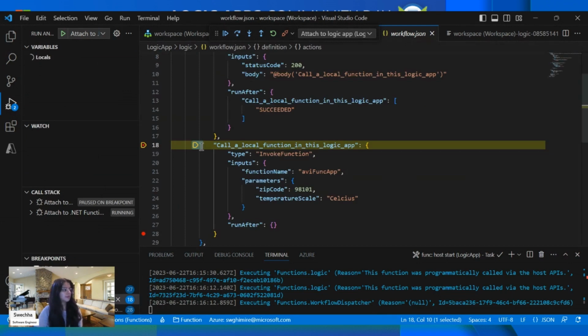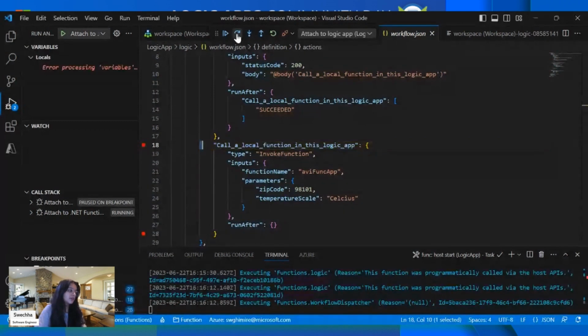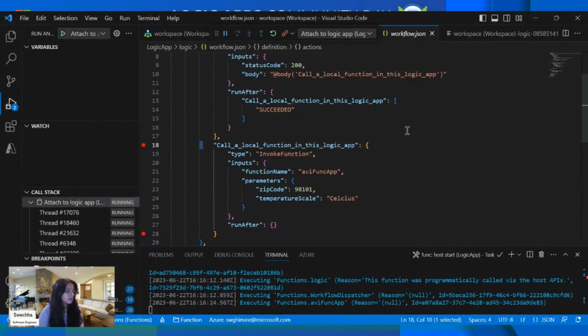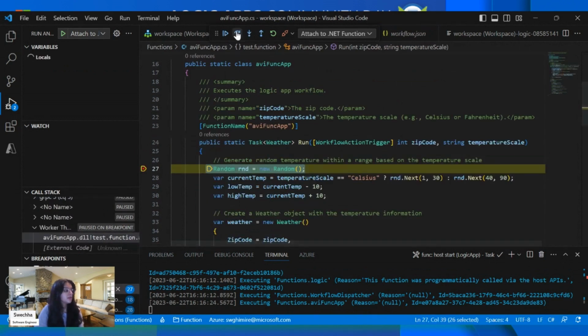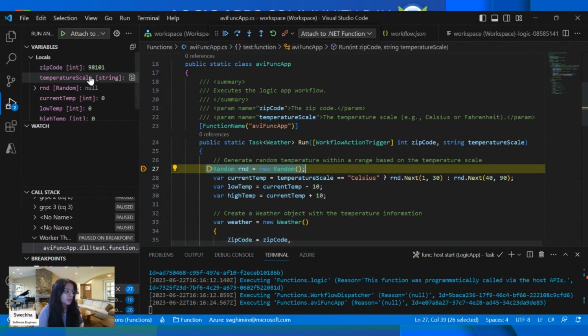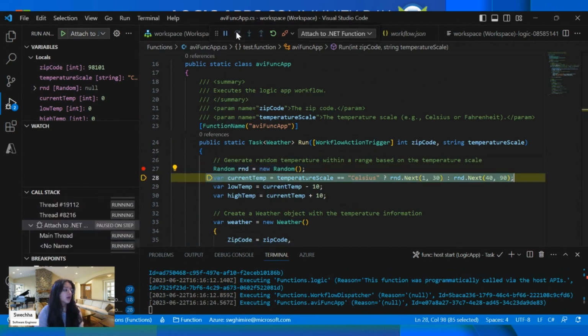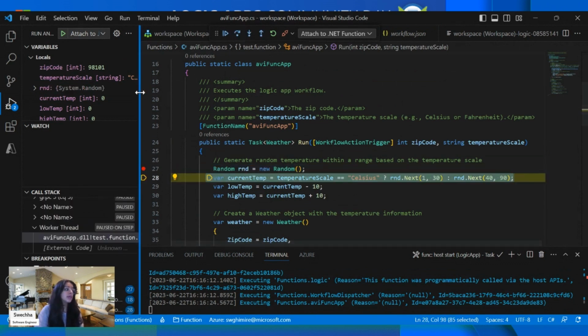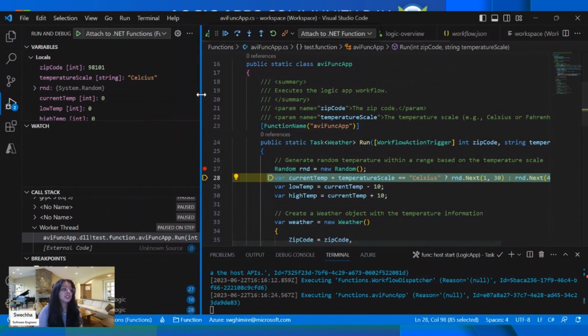Okay, so as you can see, it goes into our workflow.json file. And now after I click over this, it will take me into the function class. And if we look over here on the left side where the local variables are popping up, you can see that after we go through each variable, we can get the value that we are giving it. So it's really nice that you can see exactly what you're going to be able to debug